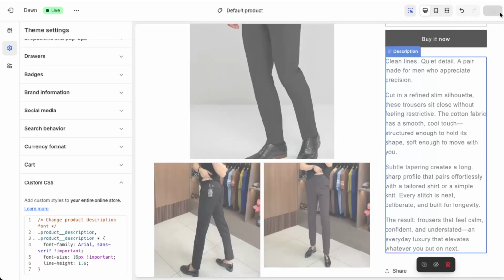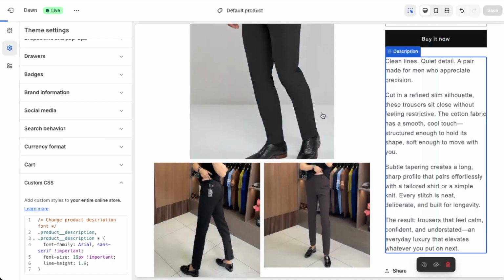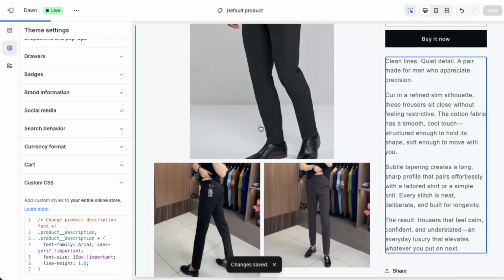You should see the changes update in the live preview on the right. Finally, when you're happy with how the font looks in your product description, click Save in the top right corner of the theme editor. Your new